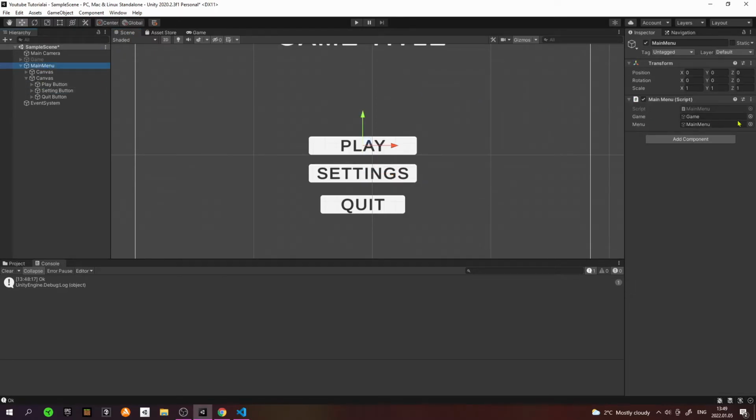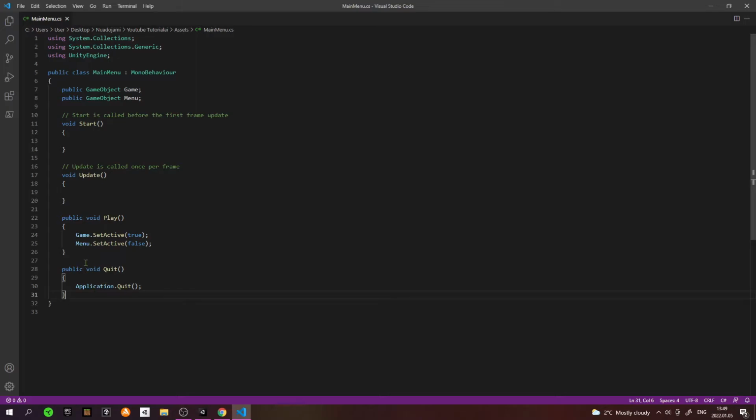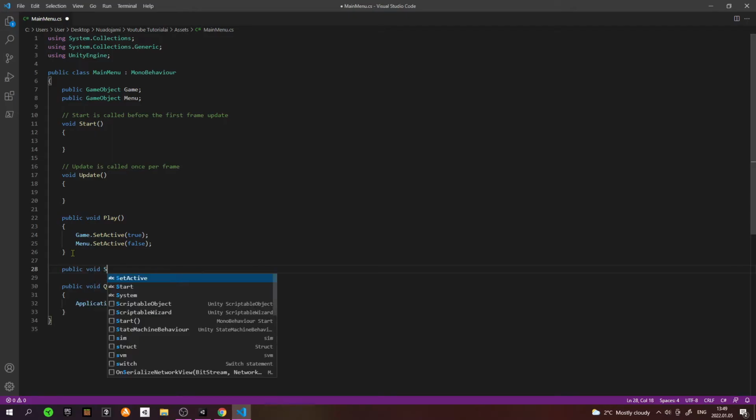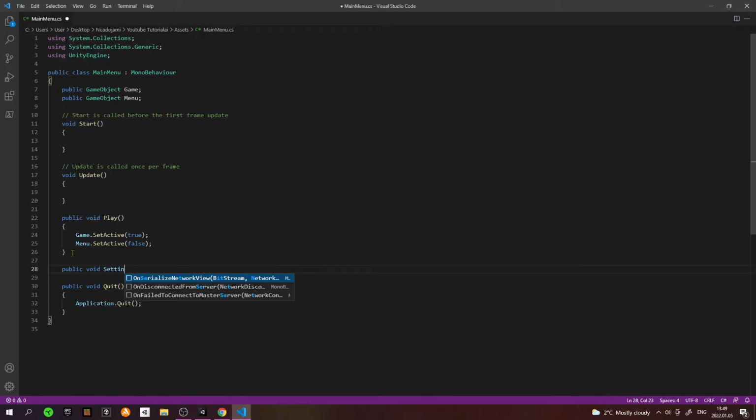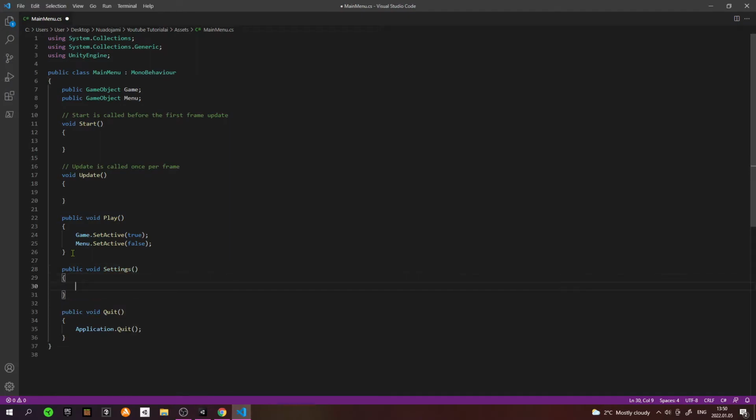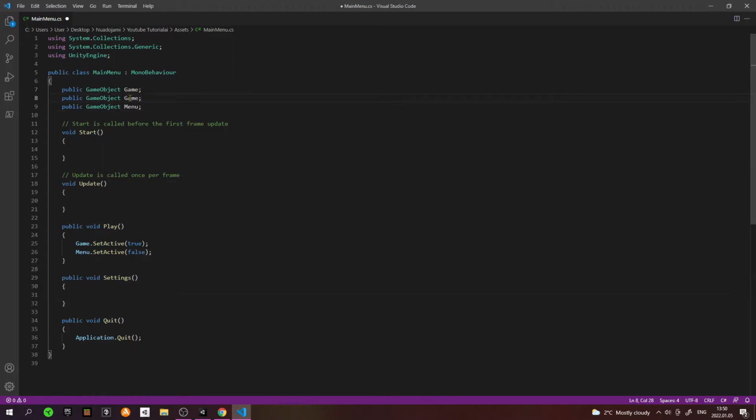So now we can go to main menu script and add one more function. So let's write a public void settings. Let's start scripting it. So first of all, we need to make one more game object, so let's call it settings. And now on the settings function we can write settings dot SetActive to true,